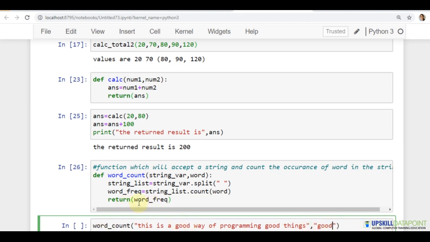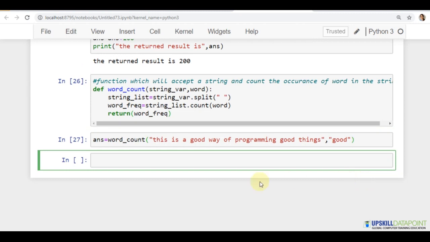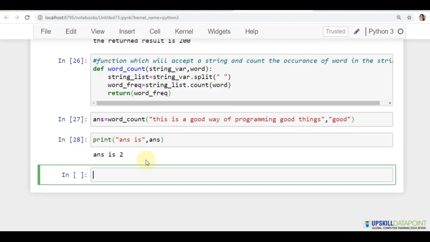So it's going to return the frequency count, right? So I will need a variable where it will be storing the value, whatever it returned from here, and I will print the returned variable value. See, the word good was occurring in the string twice, so answer has the value of twice.